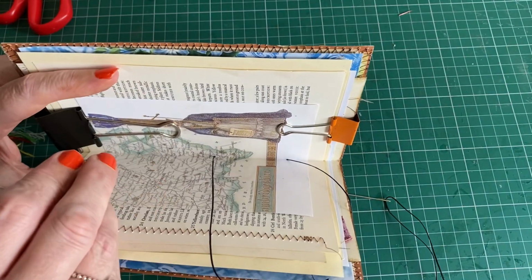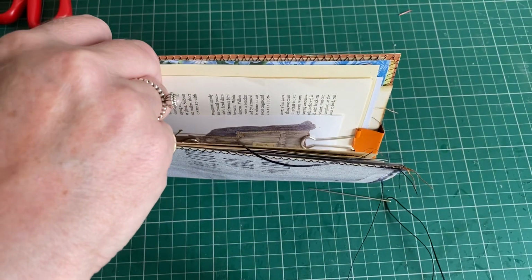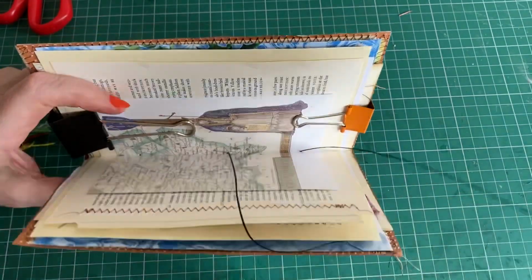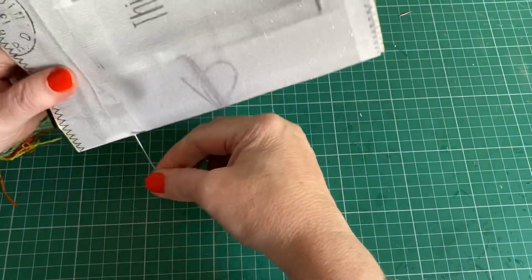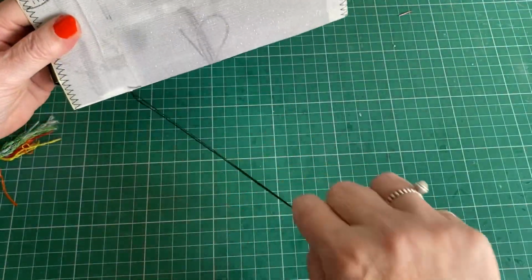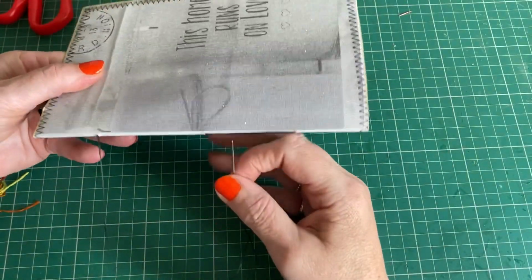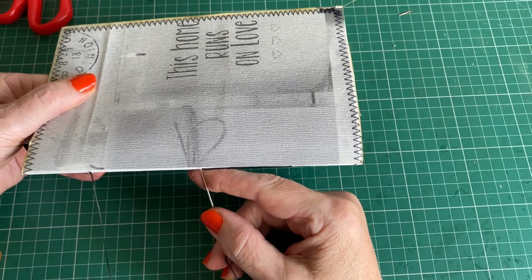So then we're going about the same up here, about 1.5 inches in. Keep it upright, so I'll try and get through the spine. Yeah, that's gone through, I could see it. And then again back through the spine. Apart from getting back through the same hole for a second time, that's the hardest bit done, I think. So then you need to go back through this middle hole again,